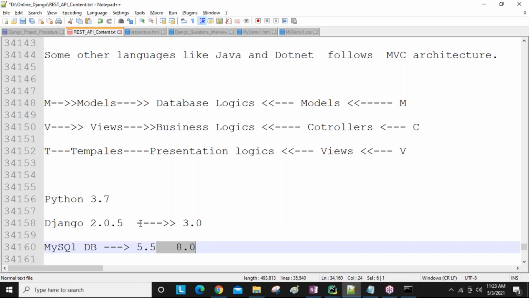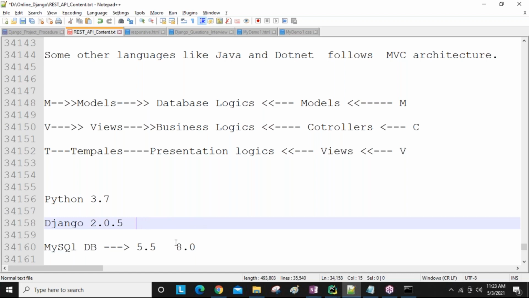Hello, sir. I just installed the new version of PyCharm, sir. When I am typing the command python manage.py runserver, it is showing no operable program or batch file, sir.